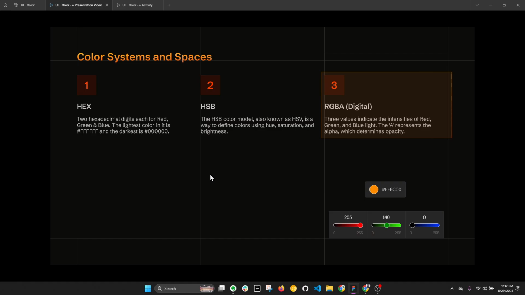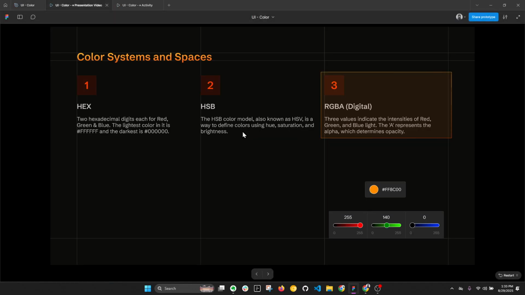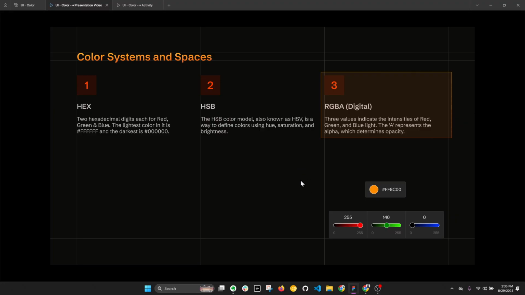It is very important to know that you will be creating color palettes in HSB, and later if you get a request that you need all these colors in RGBA, don't worry, you just simply go to this same color, you focus on this color. This doesn't change if I switch this. Only these values change. So you just need to find these values and compile them and share it with anyone who is requesting. So it shouldn't be a very tough job to do. And